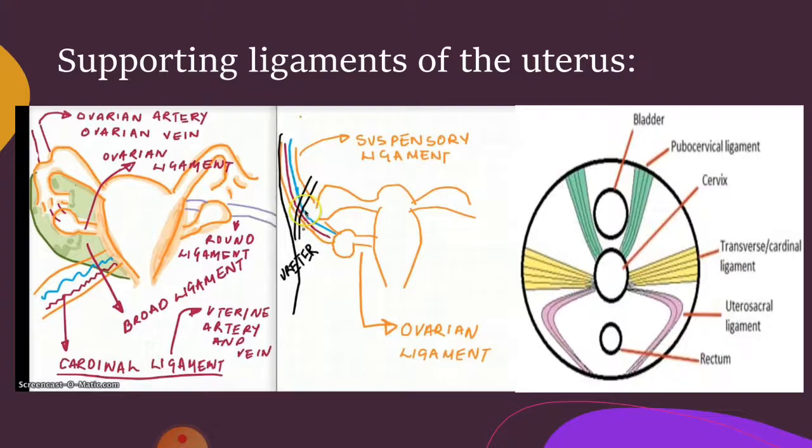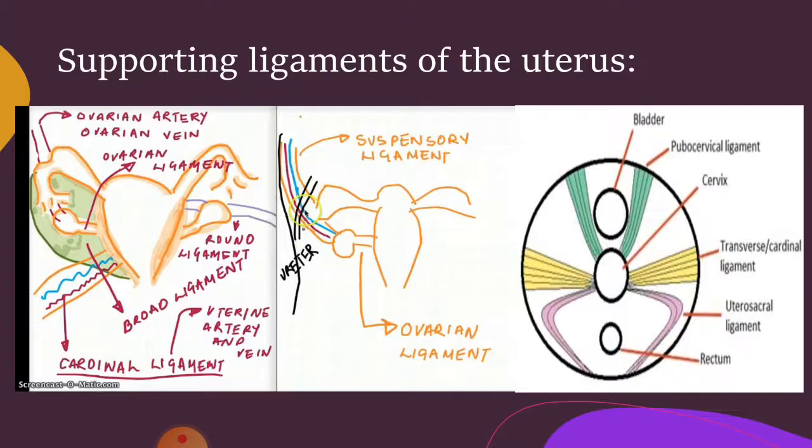Next we have the transverse cervical ligament, that is also called cardinal ligament. Uterosacral is not the cardinal ligament. I think I have previously said that the uterosacral ligament is called the cardinal, but the transverse cervical ligament is the one that is also called the cardinal ligament, and these extend one from each side of the cervix and